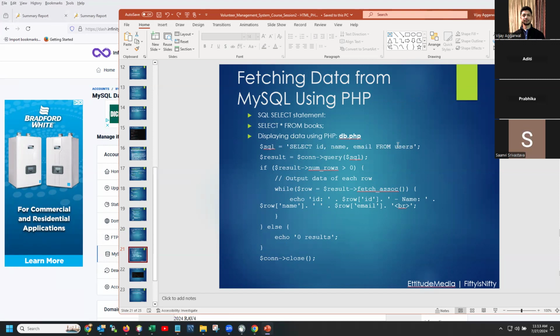A very simple statement to select the data. We get the result of that query in $SQL here. And we just learned how an if statement works, right? So if the number of rows of that query is greater than 0,